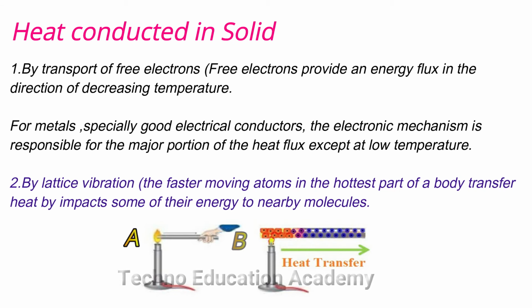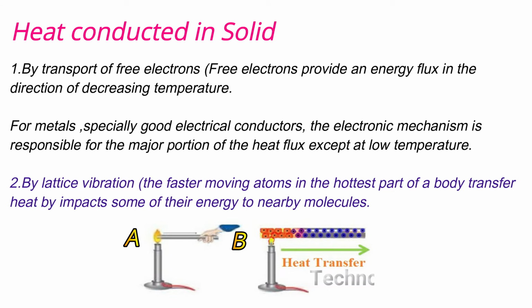So what happens in the metal rod? This metal rod is made of a number of molecules. Whenever we supply heat energy at point A, and we know that heat is energy due to temperature difference, it will transfer the heat from point A to point B because of free electrons and lattice vibration. Due to the temperature difference at point A, these molecules vibrate about their mean position and give kinetic energy to the next molecules, and so on, transferring from higher body temperature to lower body temperature. This is called lattice vibration.